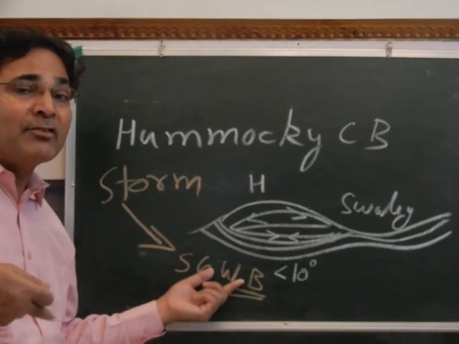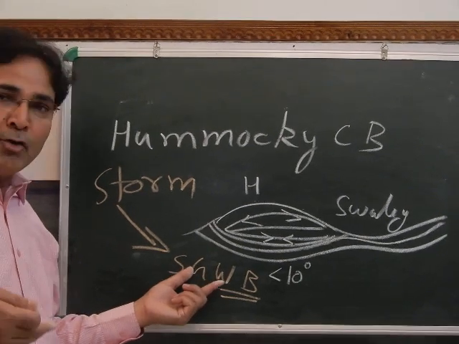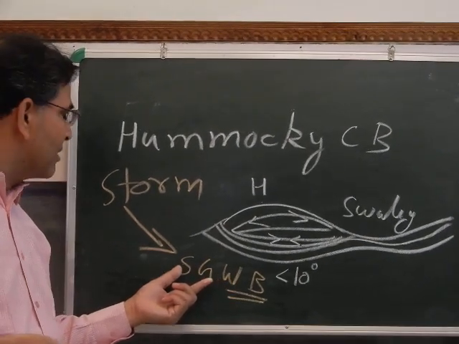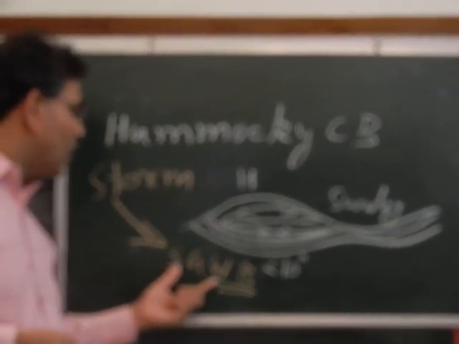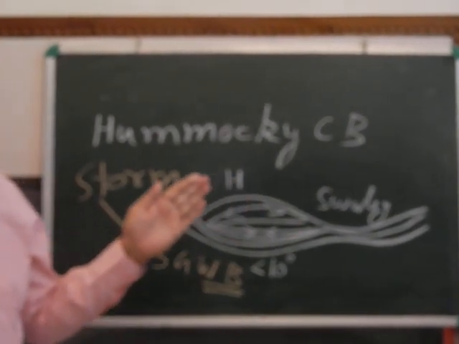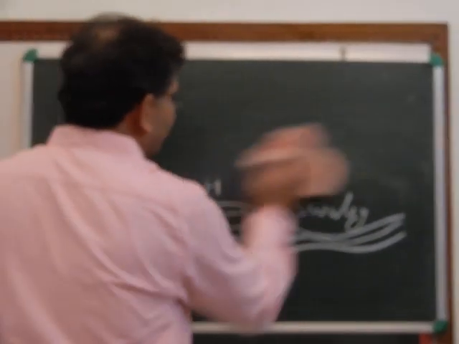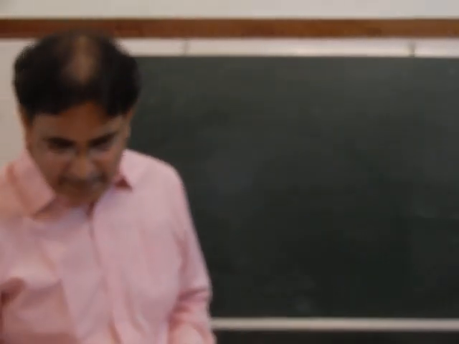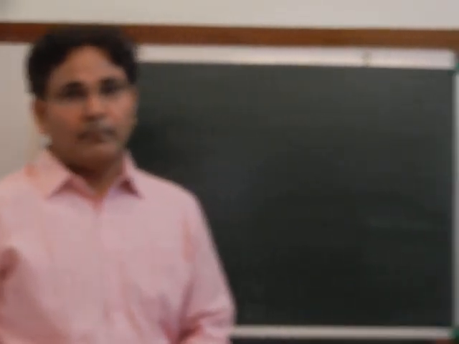So that wave base which shifts towards the ocean and is formed during storm is known as storm generated wave base. I will discuss all these things in detail when we discuss the sedimentary environments, the shallow sea, deep sea, delta, fluvial, all these things. So the hummocky cross bedding is a very typical characteristic of the storm generated wave base. They are formed during storm only. Hummocky cross bedding is also known as tempestite beds, that I will discuss when we discuss the deep sea environment and the shallow sea environment.